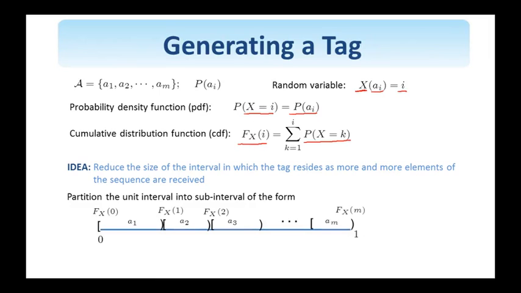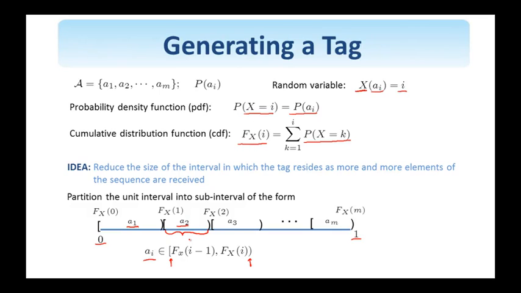So this is the line from 0 to 1, and symbol a_1 resides in this interval from the cumulative at 0 and the cumulative at 1, and more specifically a_i belongs to this interval, so it's closed at the lower side and it's open at the upper side. So the appearance of the first symbol in the sequence restricts the interval containing the tag to one of these subintervals. So let's assume that the first symbol is a_2. Then the tag will be in this interval here,